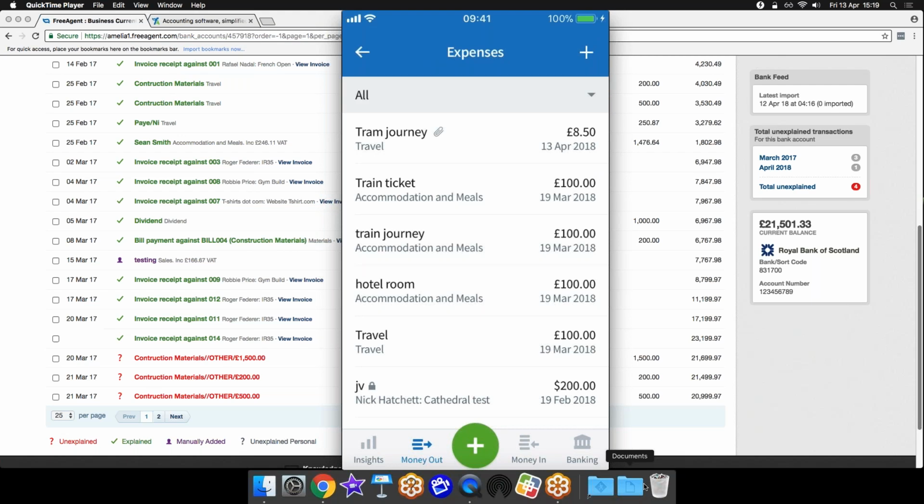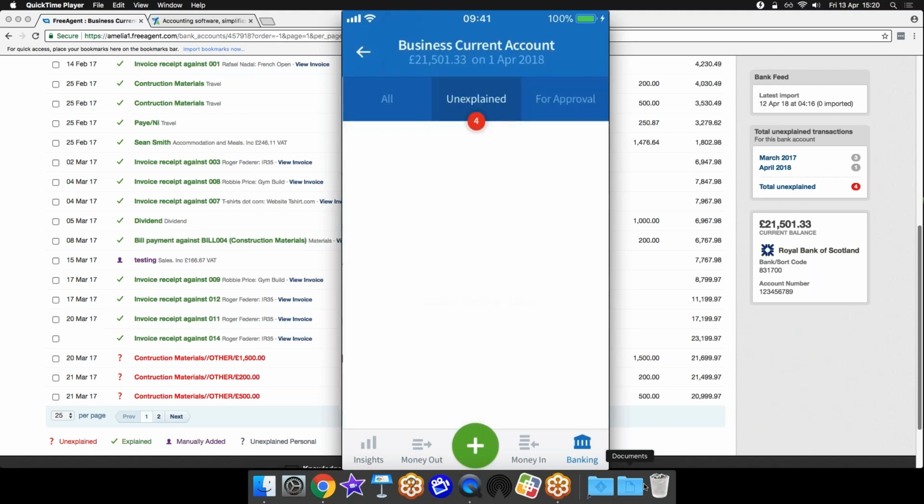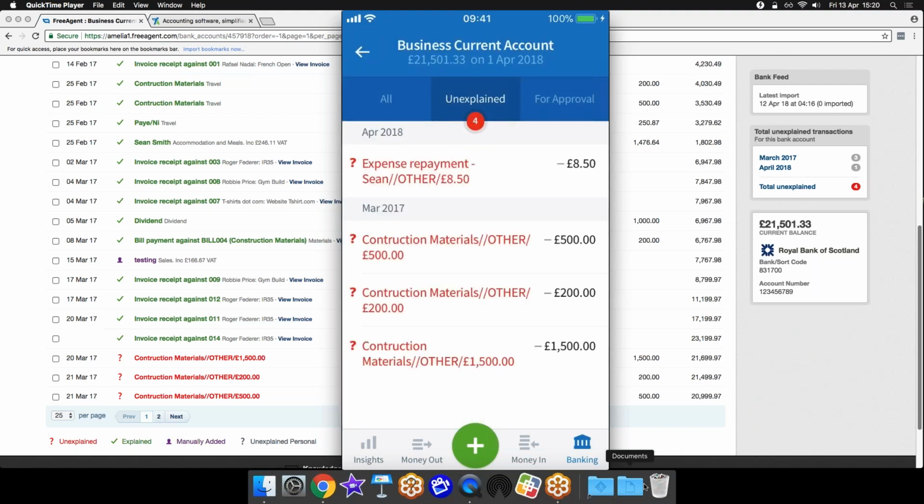We also want to show you how you can explain bank transactions from the mobile app. So from the tabs along the bottom here, I can select banking. I can see all my bank accounts, but I have 4 unexplained transactions here. So I click on that. It takes me to those transactions, and I now want to repay myself for that tram ticket expense. So if I click on the description again,